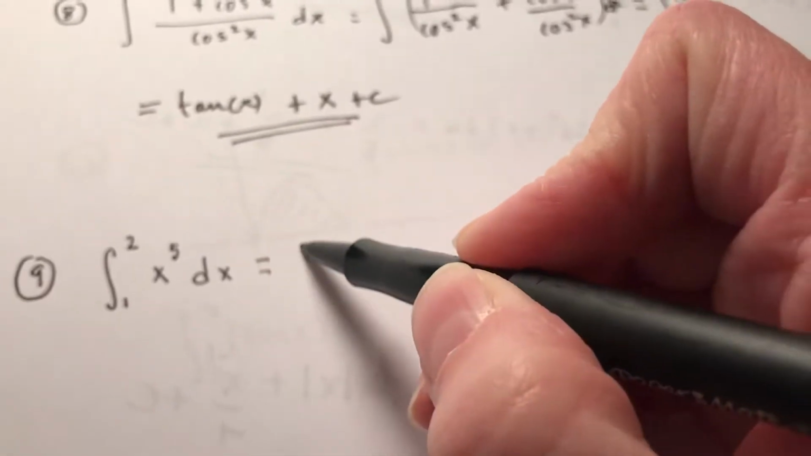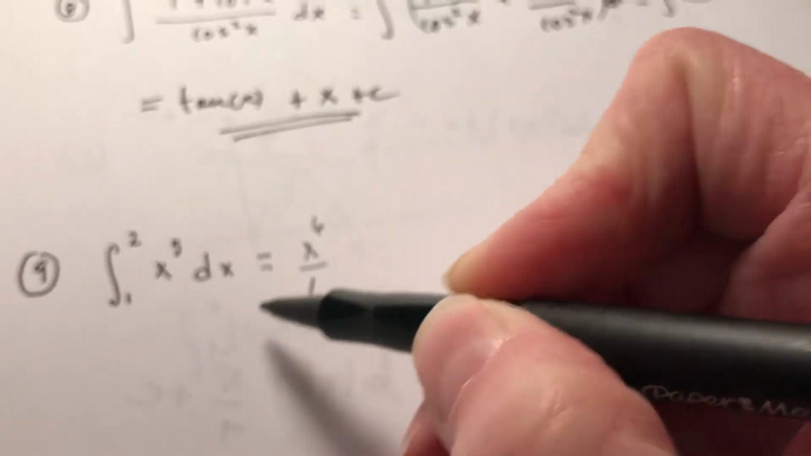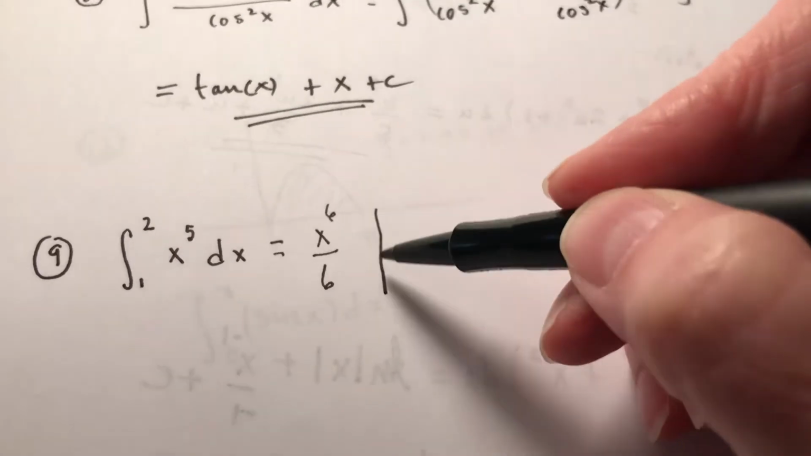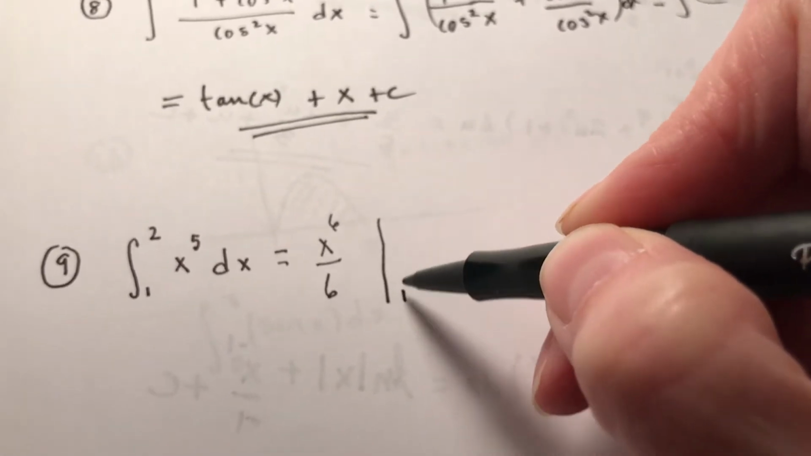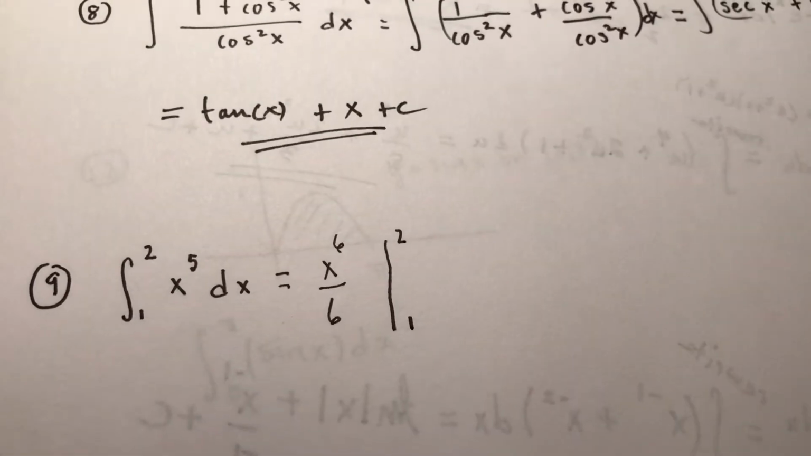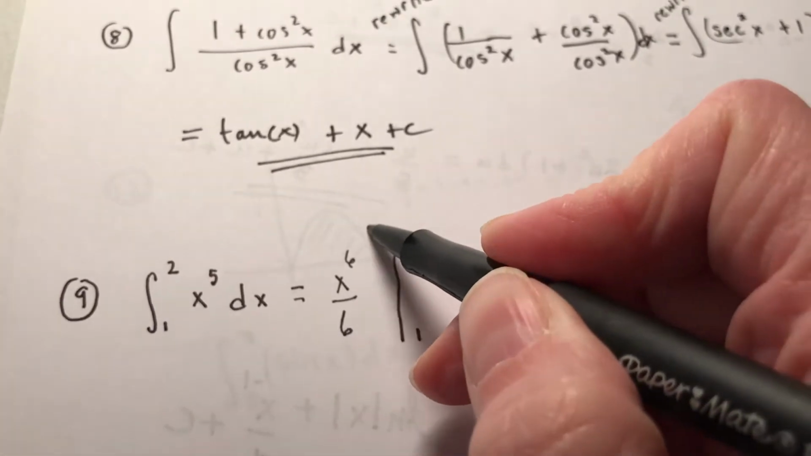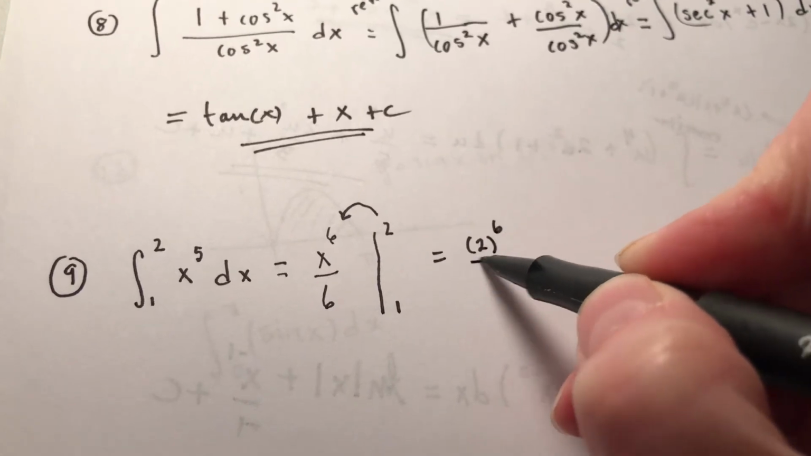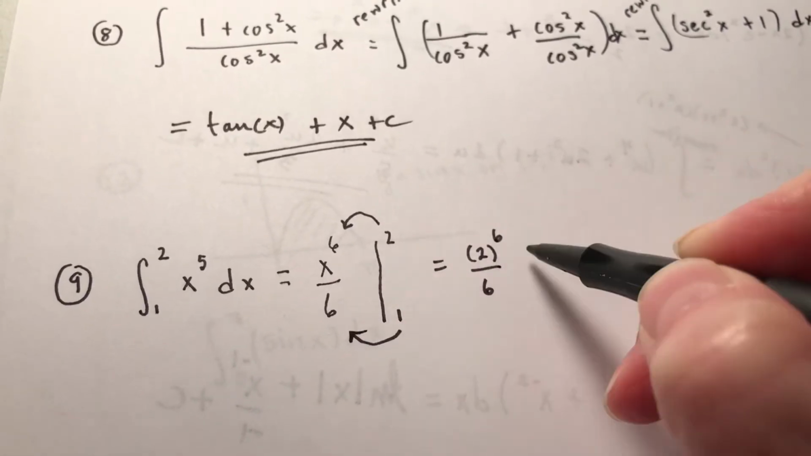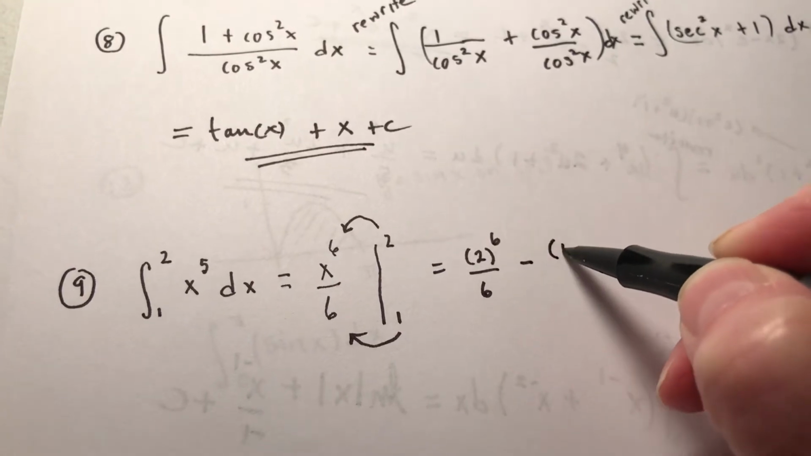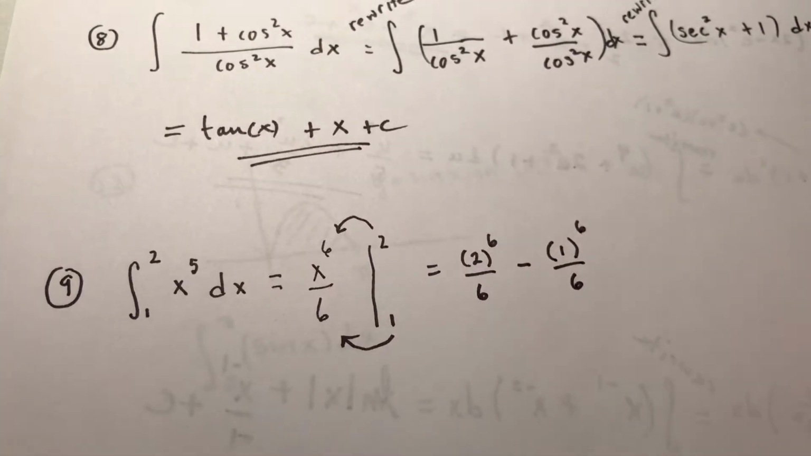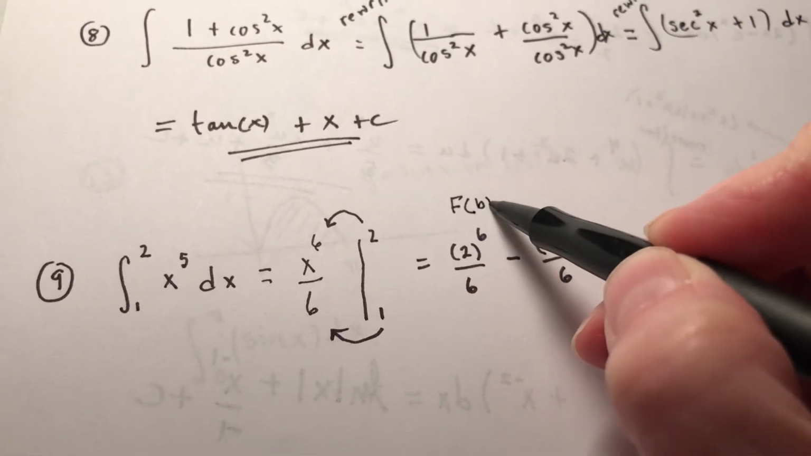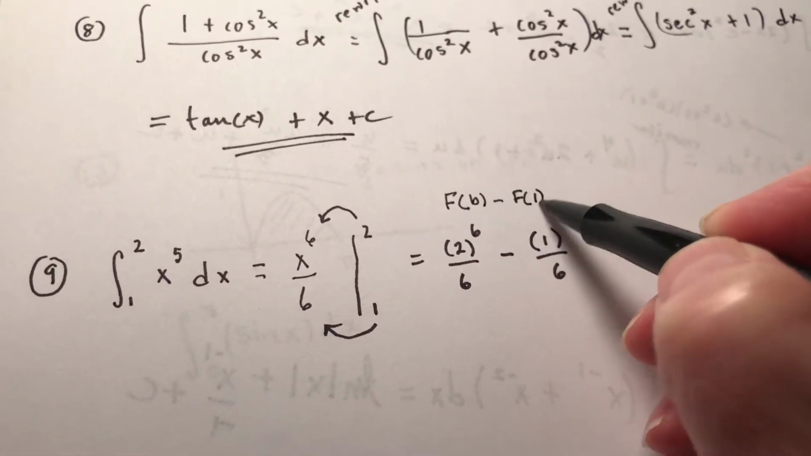We do the antiderivative of this, which is x to the 6 over 6, no more integral, and I learned to do it this way where I put a vertical line here, and I put my 1 and my 2 at this vertical line. And then we substitute 2 in here, so this will be 2 to the 6th over 6, and then we subtract the 1 to the 6th over 6. So this is my capital F of b minus the capital F of